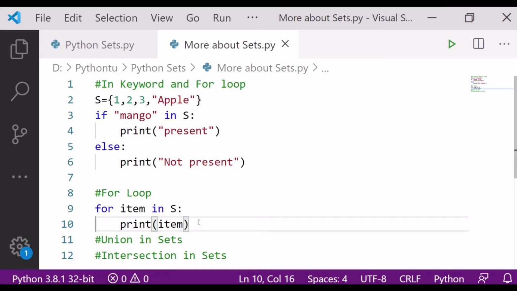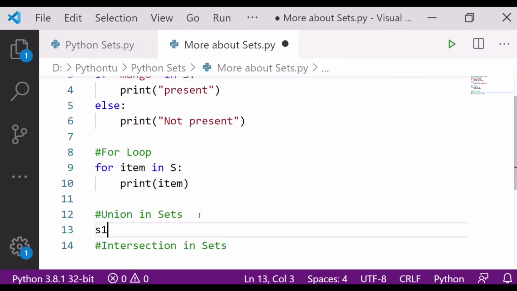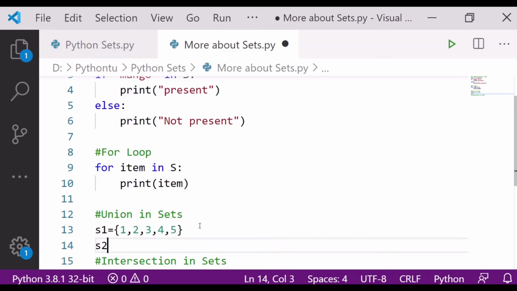Now let's talk about union. I hope you have read union and intersection in mathematics also. But if you have not, it's easy to understand here. Union means to combine the two sets. Just suppose I have S1 is equal to 1 2 3 4 5, and my second is 4 5 6 and then 7.